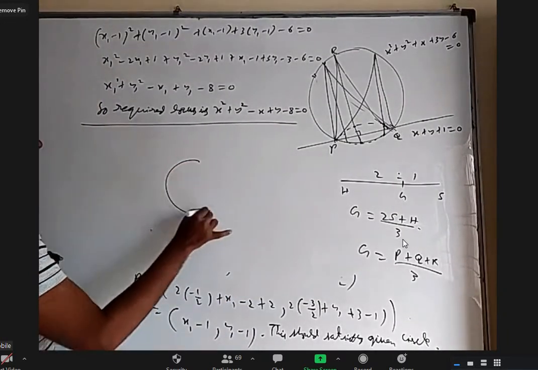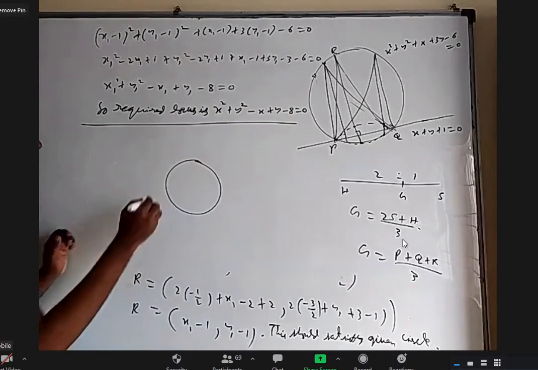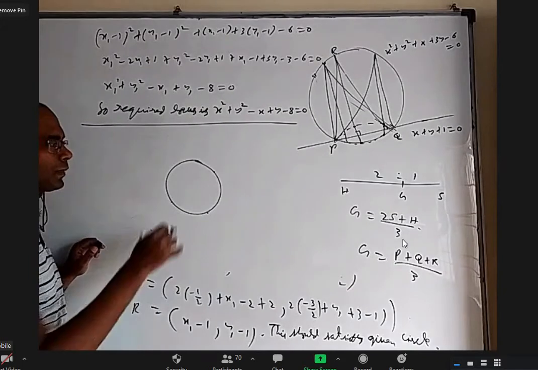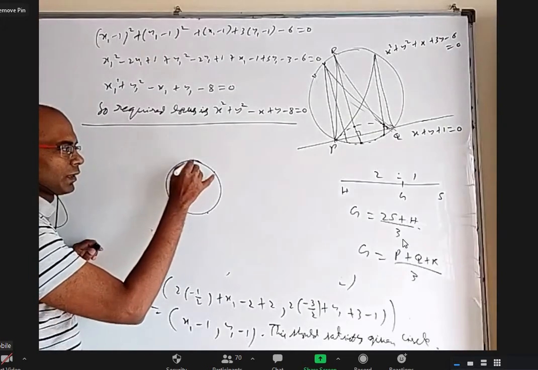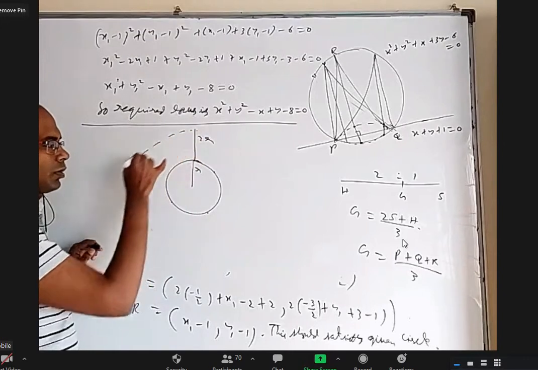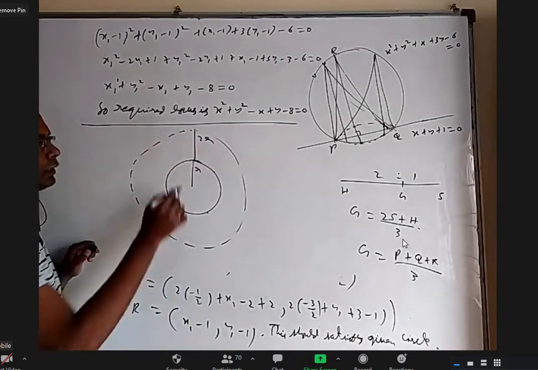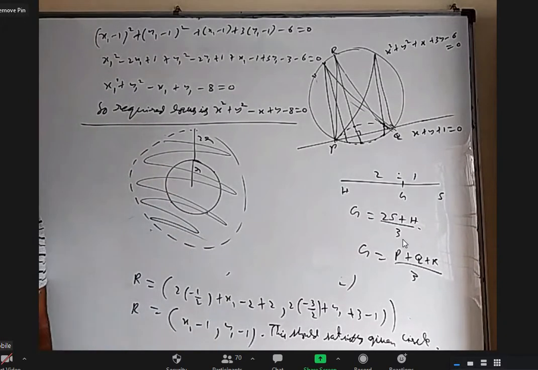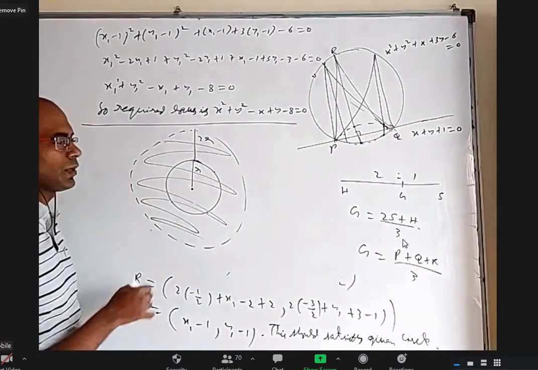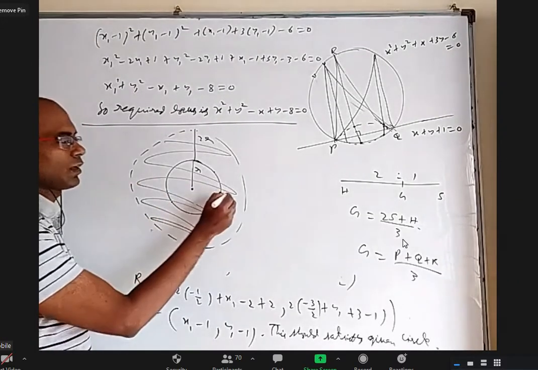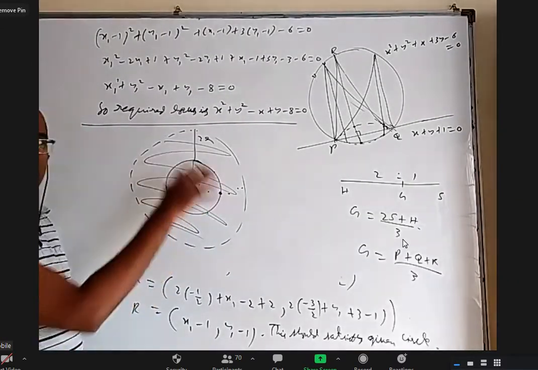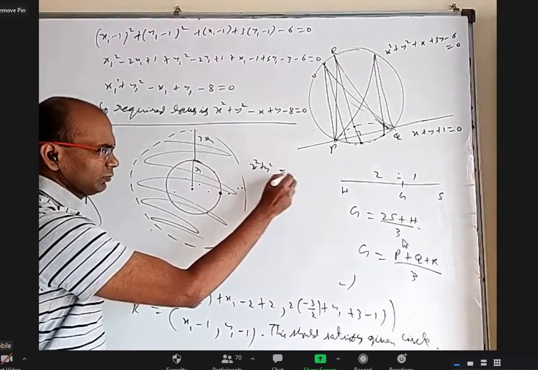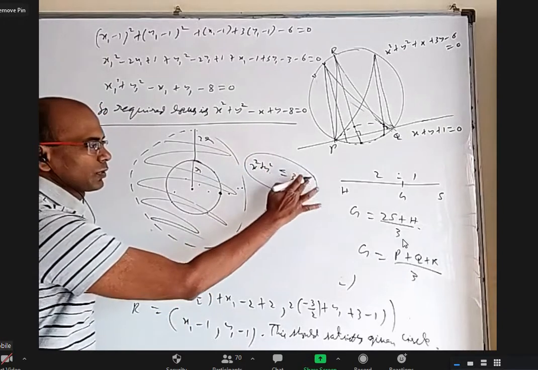If we take a circle, and take different points on it and form a triangle, find the orthocenter. The locus will be, this radius is r, right? Take an extra radius to r and draw one circle. The whole disk, every point can be orthocenter. The center itself can be orthocenter. Every point on the circumference can be orthocenter. Outside also it can be, inside also it can. It is a disk. That means I can say the locus is x square plus y square is less than or equal to 3r whole square. That is the locus.